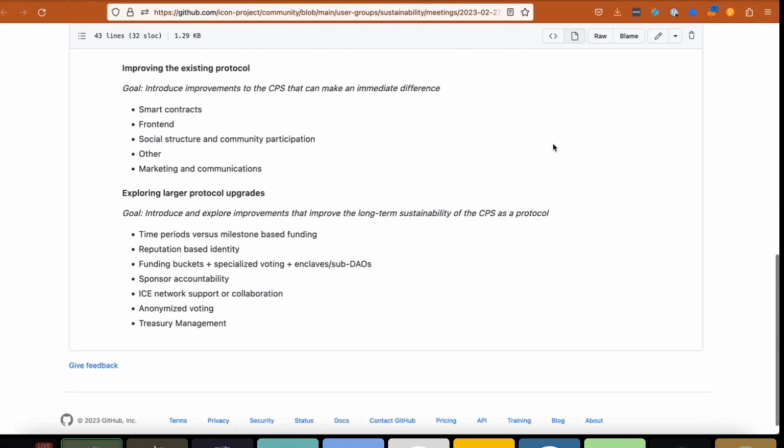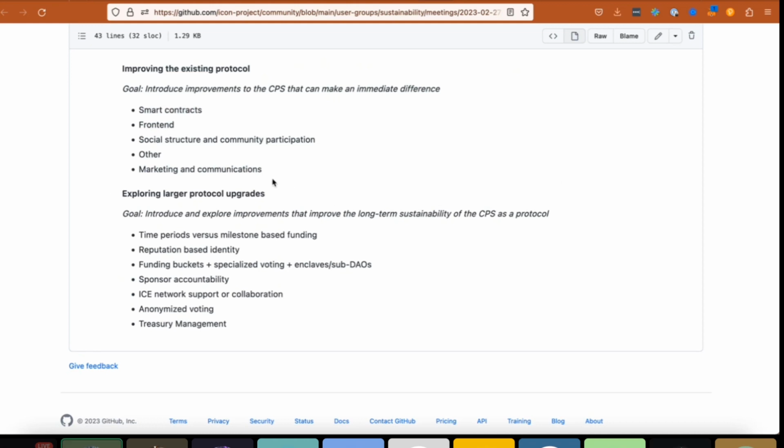The second thing is about actual protocol modifications, which is coding and development. The previous cycle of development ended a couple weeks ago, and we're planning for the next cycle of development. Previously, that planning had mostly been done internal to the Icon Foundation. However, it's a community project, and the community often knows best about a lot of things.